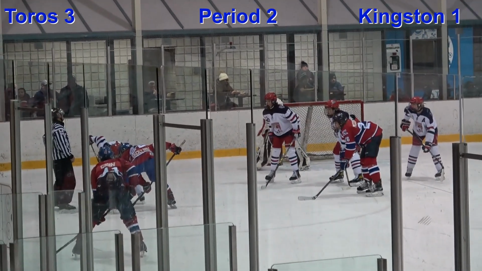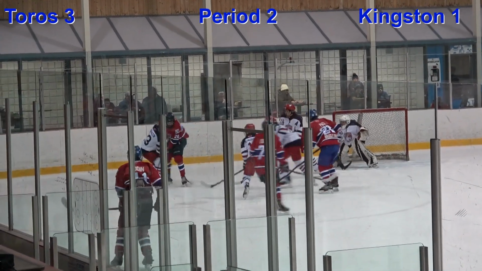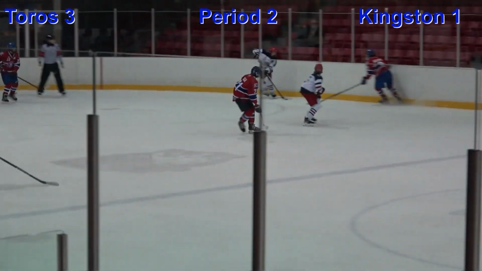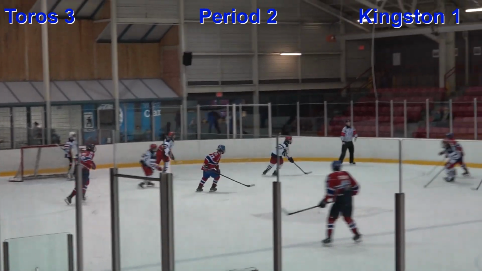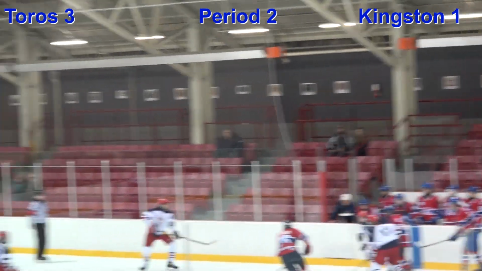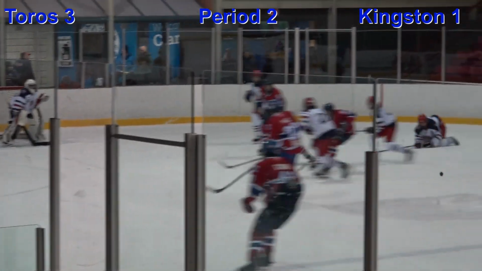Face-off now is off to the right of the Toros end. Kingston had made this a 3-1 game. Toros jumped out to an early 3-0 lead on goals by McMurray, Gardner, and Broadhagen in the first period. McCormick has struck here in the second period for Kingston on a power play goal, which is where we're at now with 3-1, with 2:50 left to go here in the second period.